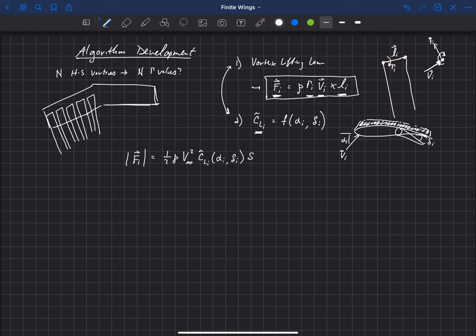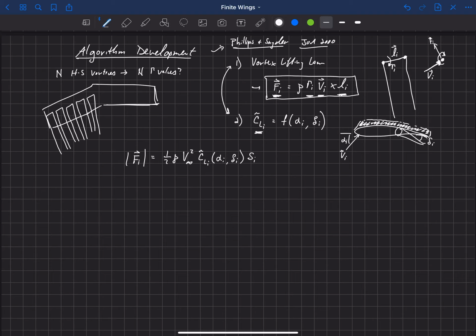So we'll call that S sub I, okay? So that's the planform area. Now let's come back to this V infinity. Actually, I'm following the algorithm published by Phillips and Snyder, and I failed to mention that earlier. This is by Phillips and Snyder, published in the Journal of Aircraft in the year 2000. You can go look that up. I'll leave a link at the bottom of the video as well.